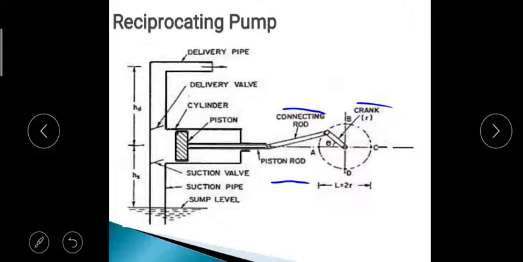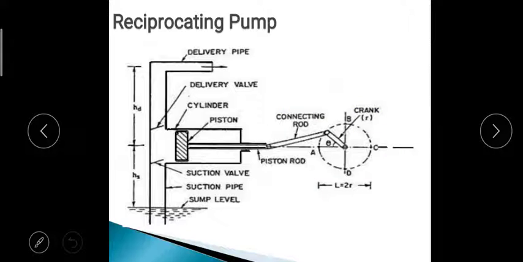But in IC engines, we are converting reciprocating motion into rotational motion. But in this, we are converting rotary motion into reciprocating motion. And in that we are burning fuel and producing energy. But here we want to just pump the water and convert mechanical energy into hydraulic energy. That mechanical energy is nothing but the reciprocation of the piston from one end to the other end. That is mechanical energy, and converting it to hydraulic energy means we are increasing its pressure.